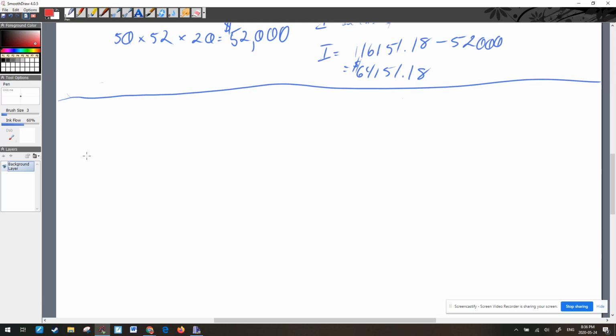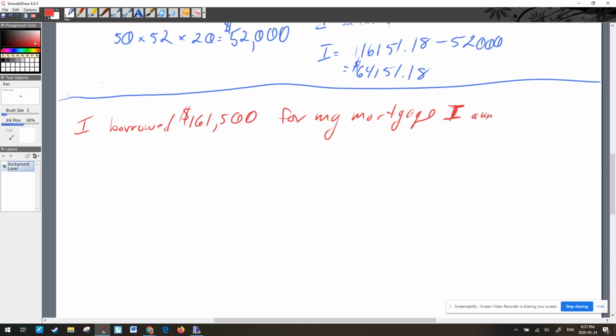So red for the danger zone. I borrowed $161,500 for my mortgage. Okay, now that's actually real. I'm going to use some big words here and I'm going to describe them as we go, and we're going to talk about them more in a while. But I amortized over